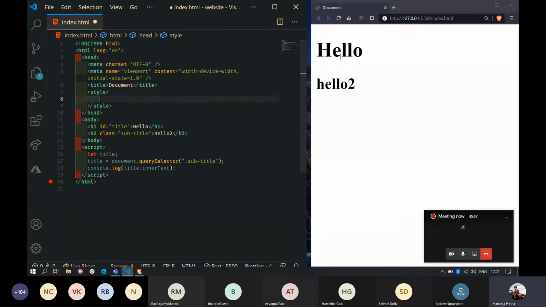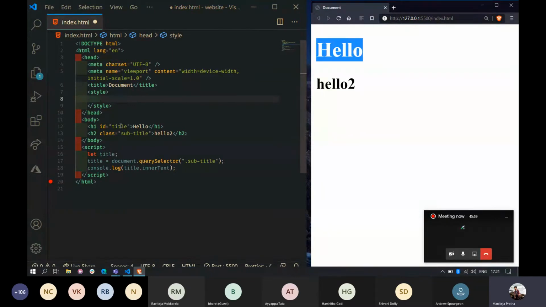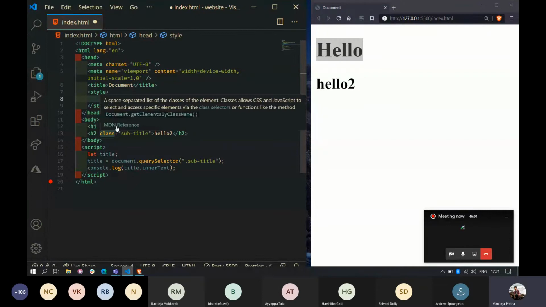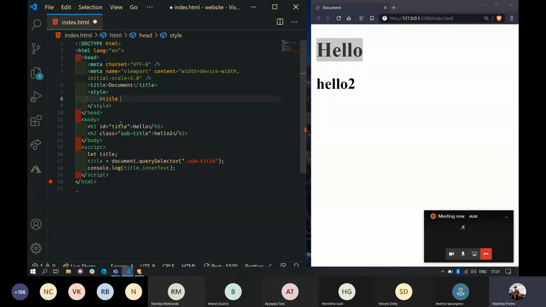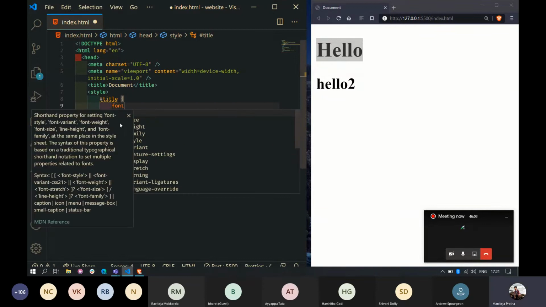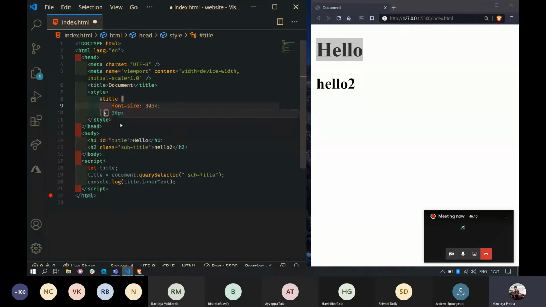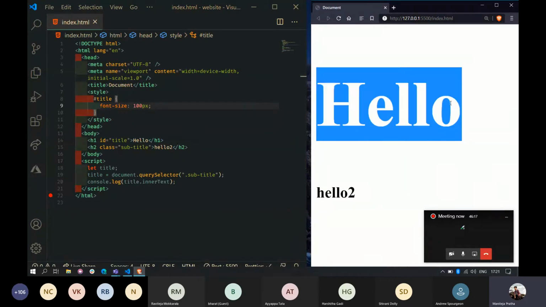In order to style this element with the help of ID, I need to use a hash. So hash title, font size equal to 30 pixels. Okay, let me do it 100 pixels. As you can see, the font of this hello has been increased.